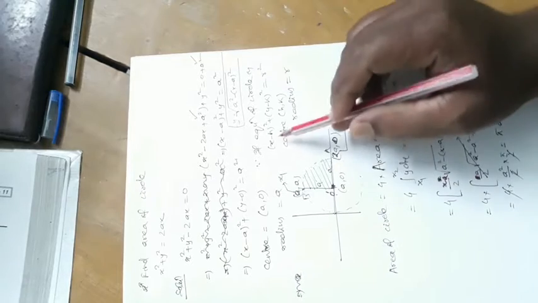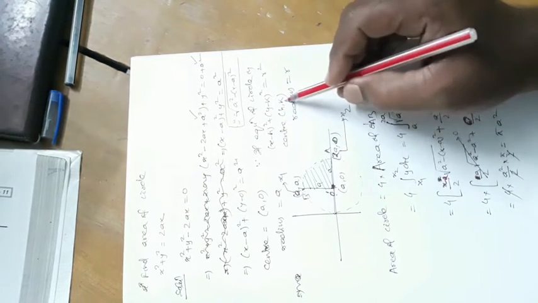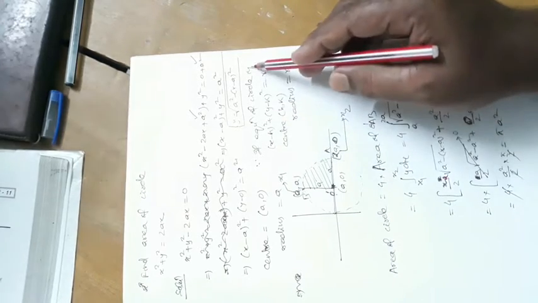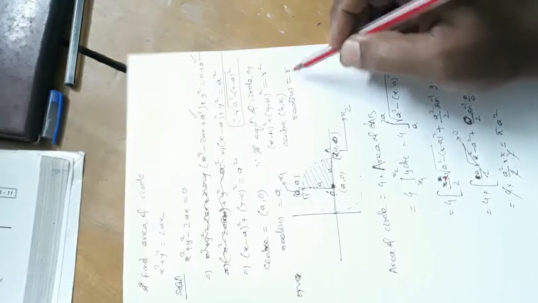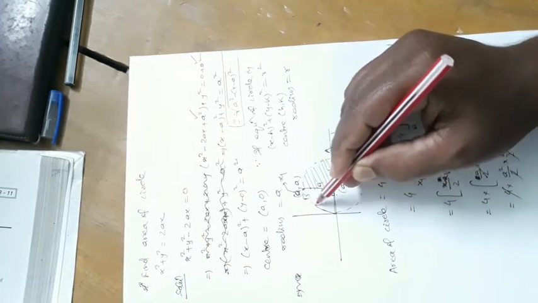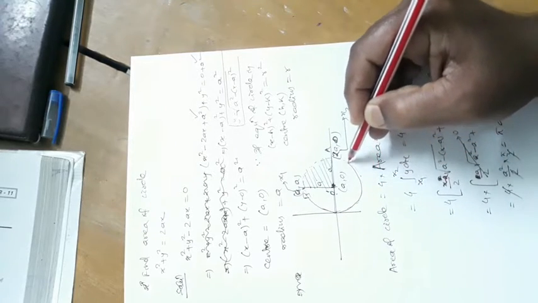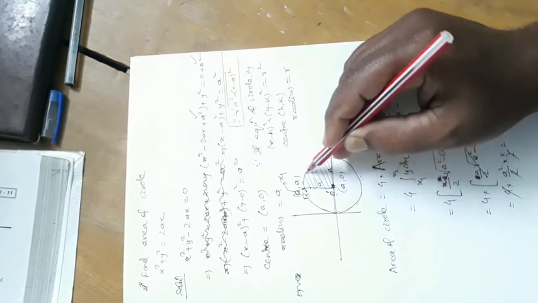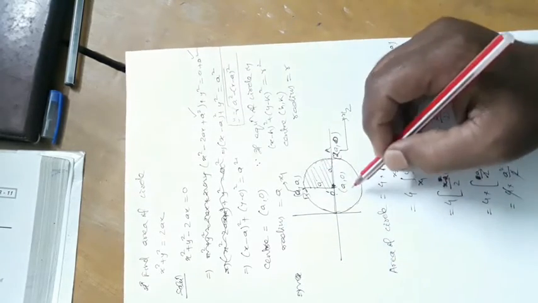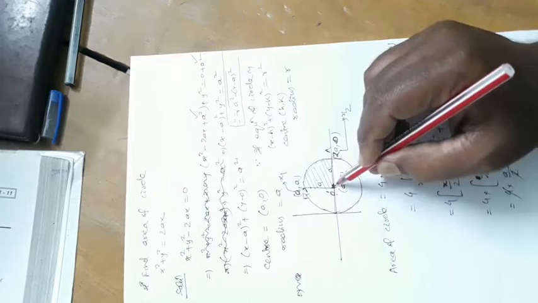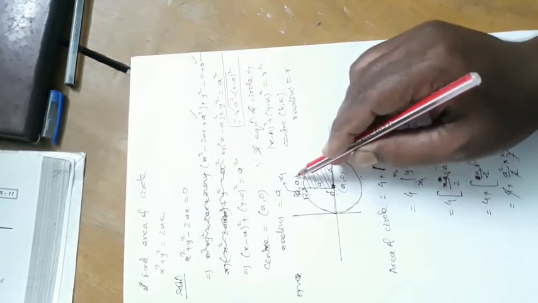Equation of the circle (x − h)² + (y − k)² = r², center is (h, k). We know if the equation of a circle is this, then the center is (h, k) and the radius is r. Okay, this is your circle. What is that circle? Look here, the center is (a, 0), it is given, radius a. If you go to the right side a, it becomes (2a, 0), and the upper part (0, a).